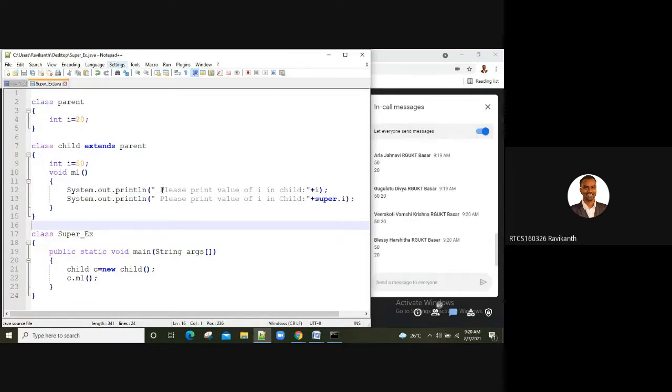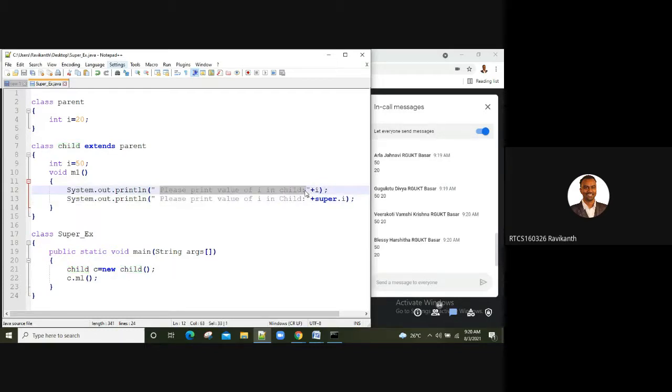First time when I say please print value of I in child, you have to very seriously concentrate on this statement. Don't concentrate on this println statement, it is just a println statement in the code.